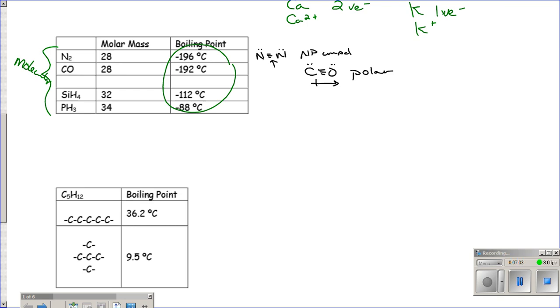Yes, negative 192 is higher than negative 196. So polar compounds exhibit dipole forces, dipole attractions, which are much stronger than the London dispersion attractions that are present in that nonpolar nitrogen compound. So then we have the